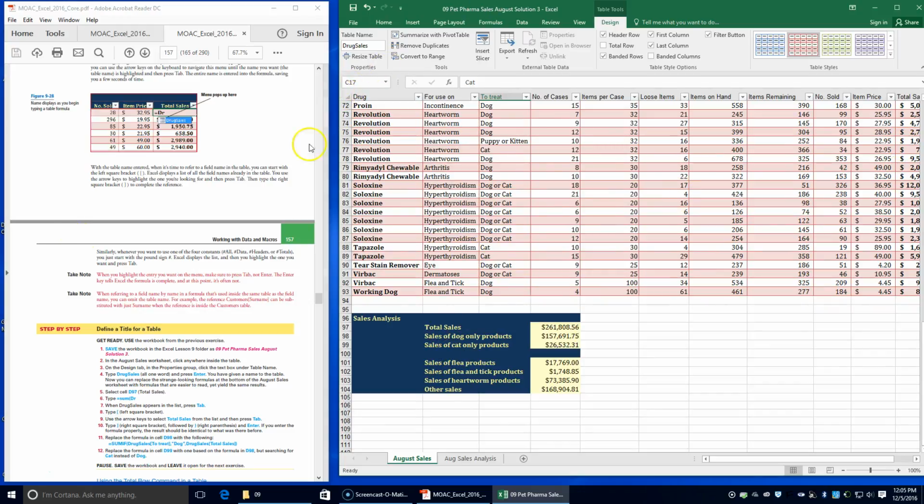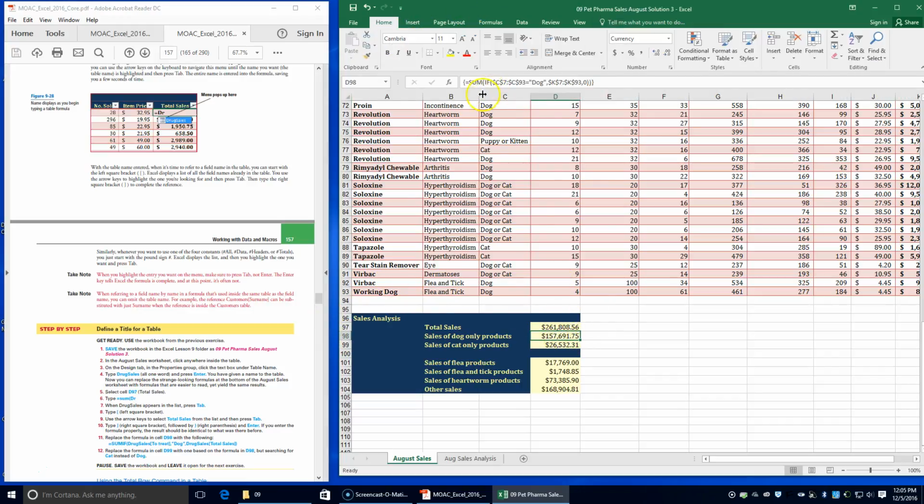Okay, so scroll down. In cell D97, which is total sales, look at how confusing this formula is. We're going to type the equal sign, SUM, tab, DR, and Drug Sales should pop up in the list. We're going to press the tab key